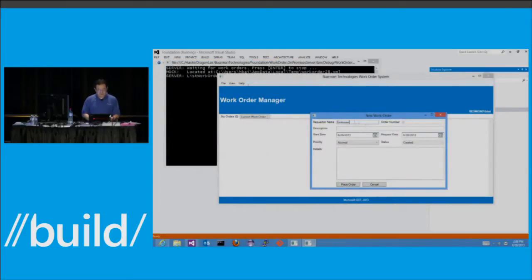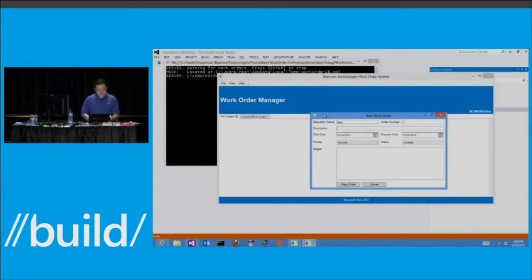And here you already see some problem. The requester name is supposed to be my user account. But the problem is that now I'm running this application outside our corp network. So I can't really authenticate against my domain controller. So this is why you see this unknown. This means I'm actually not authenticated to this client. We'll talk more about authentication in a moment. But at this point, I just want to point out I already turned off the security check. So here you can actually enter anything just for now.